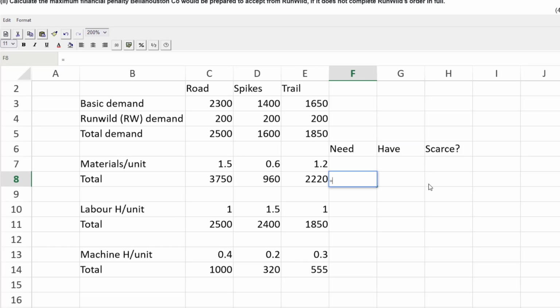So how much do I need? That will be the sum of those three cells using the handy dandy amazing sum function. Copy, paste, paste. Now, how much do we have? I'm going to go back to that left panel there, and they tell us right here